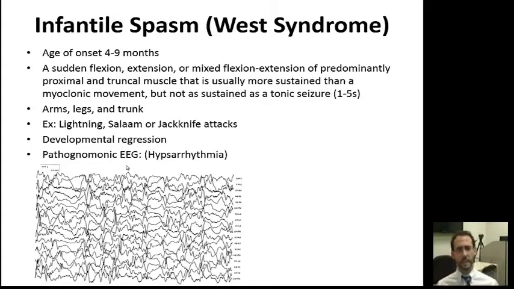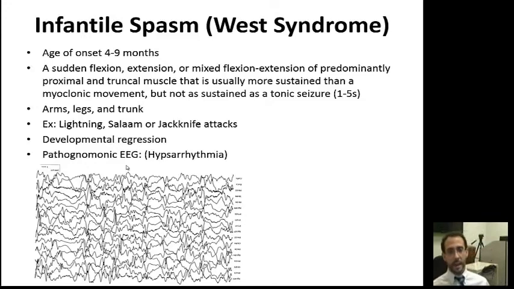And they're definitely associated with developmental regression, and a pathognomonic EEG is called hypsarrhythmia, which is pretty much the same pattern that I showed you at the beginning of the lecture, where you can see the whole distorted pattern of brainwave activity. And this is the typical page. It's pretty much this one. It's the same one. I just flip it 180 degrees, so you remember it's pretty much looking the same as it was looking before.